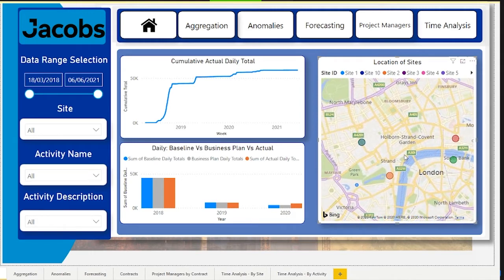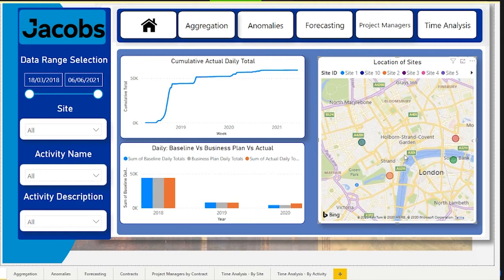So for example, here we're looking at a cumulative total of baseline, planned and actual expenditures. And you can see that there's a large uptake in the cumulative, followed by a flat spot, which then is accompanied by a short hike right here. And gradually we're moving over in this area. This kind of trend analysis shows us the impact of individual events.